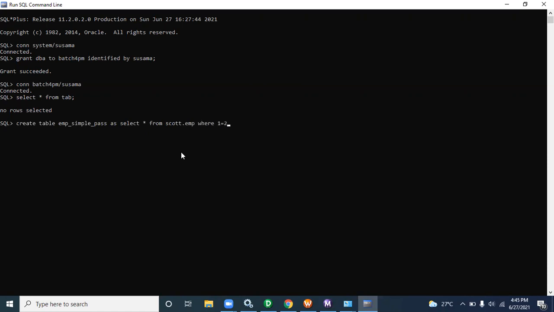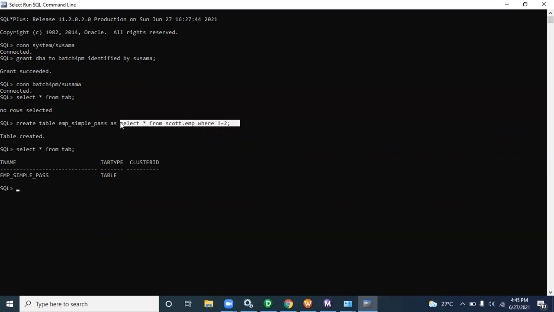Those are the shortcuts when you want to create the table. I created one table using the Scott database EMP table, but why am I giving 1 equal to 2? 1 equal to 2 is always false, while 1 equal to 1 is always true. For that reason, it is not taking data; it is taking only the structure of the table. Let me show you.